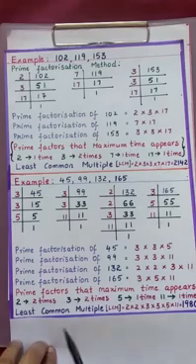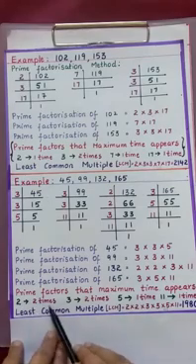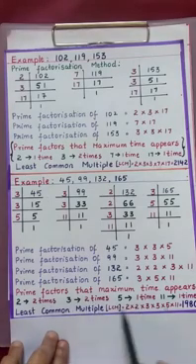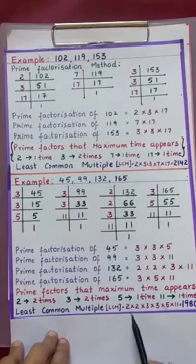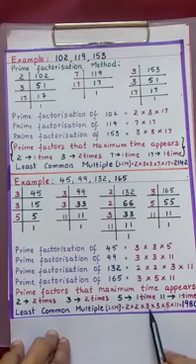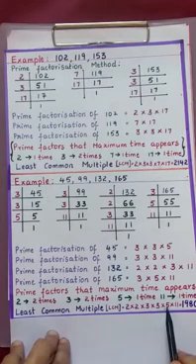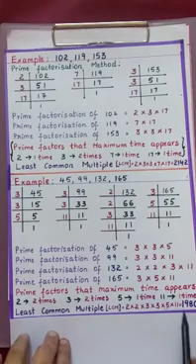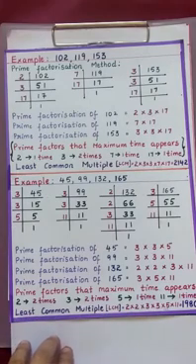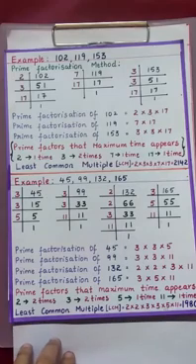Now to find the LCM here, write 2 2 times, 3 2 times, 5 1 time, 11 1 time. Now multiply to get the LCM. 2 2s are 4. 4 3s are 12. 12 3s are 36. 36 5s are 180. 180 11s are 1980. So this is the way we can find the LCM using the prime factorization method.